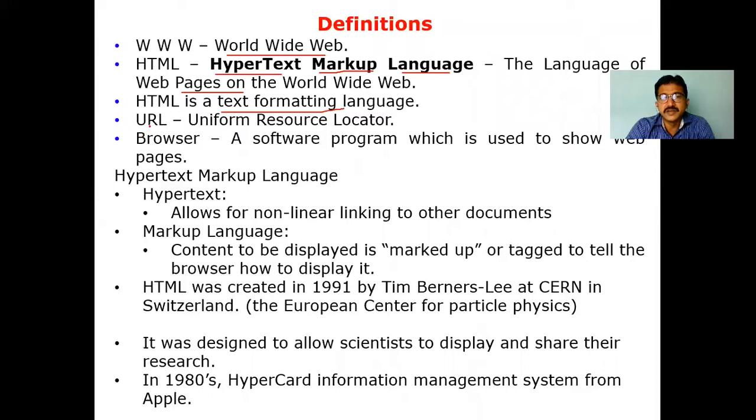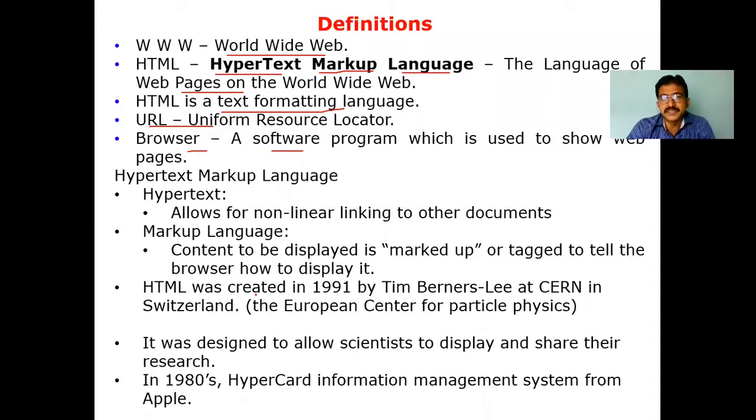URL stands for Uniform Resource Locator. And what is a browser? As all of you know, it is a software you are seeing. But what is the purpose of a browser? To show the content, how you are looking at the content in Gmail or how you are looking at the content of Facebook or anything else, with the help of browsers, maybe Chrome, Mozilla, Opera, IE. A lot of browsers are there.